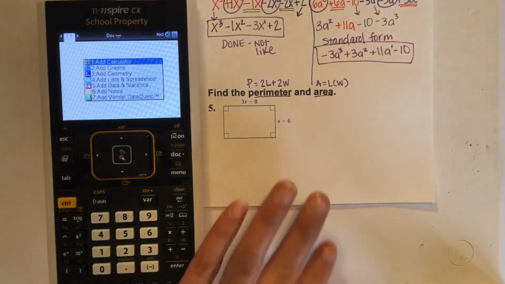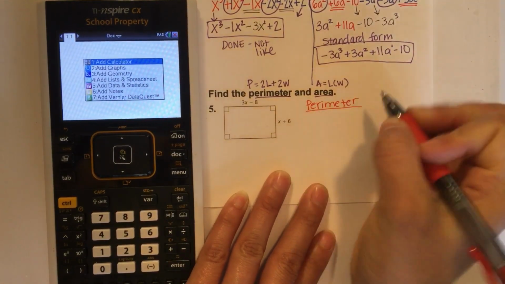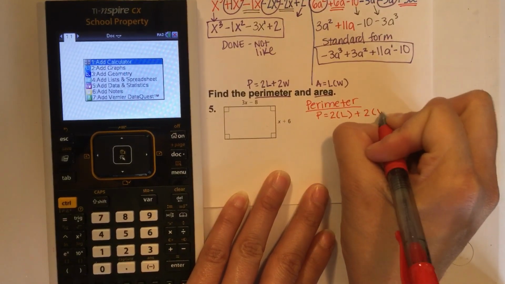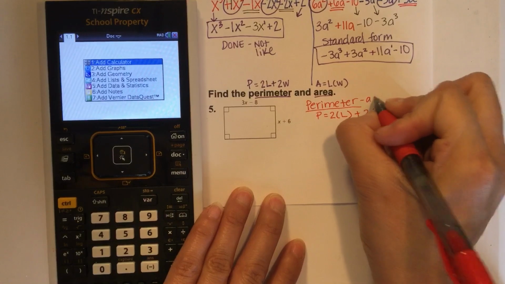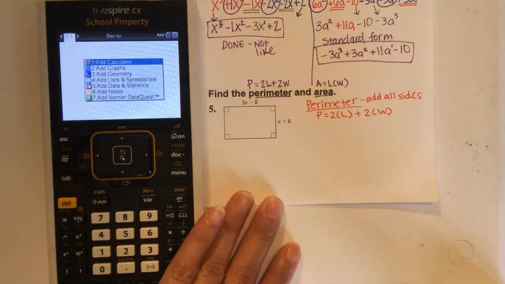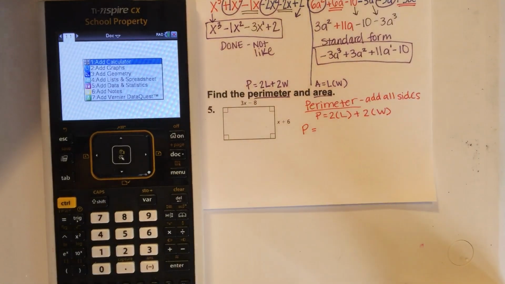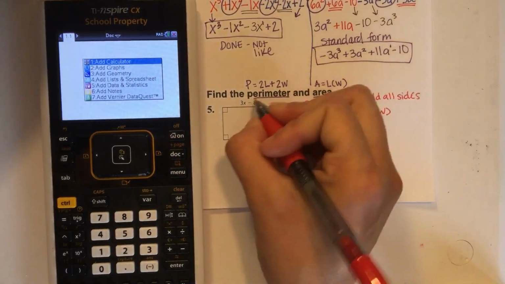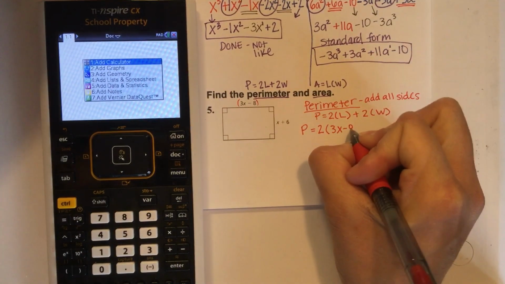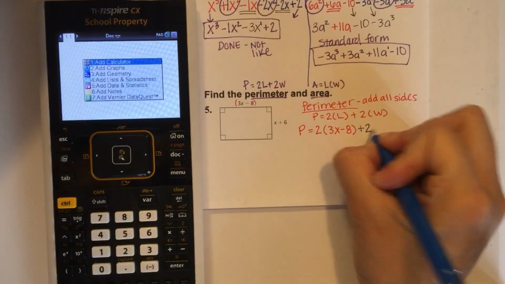So let's find perimeter first. We're going to take 2 times the length plus 2 times the width. I know perimeter is adding all the sides, but this is an easier way to do that. I'll show you both. So perimeter, we're going to take 2 times the length. So 3x minus 8 plus 2 times the width,